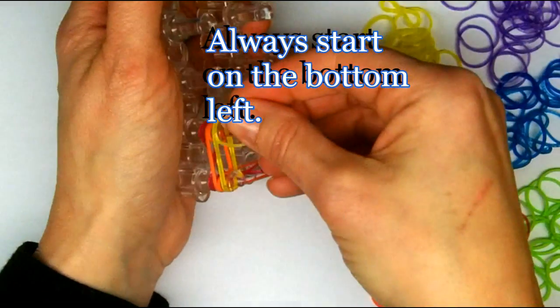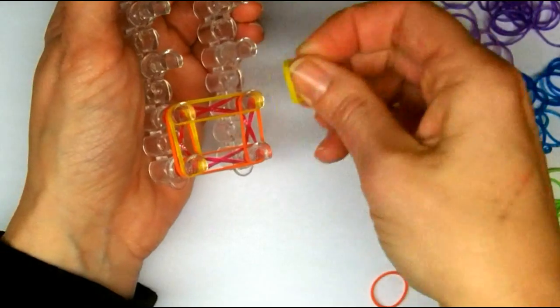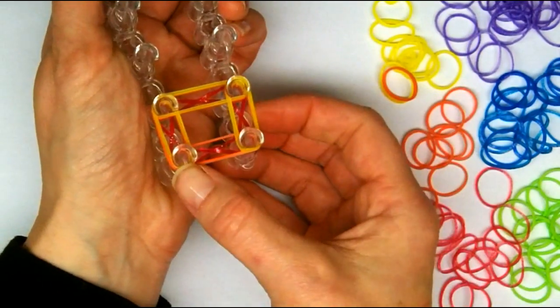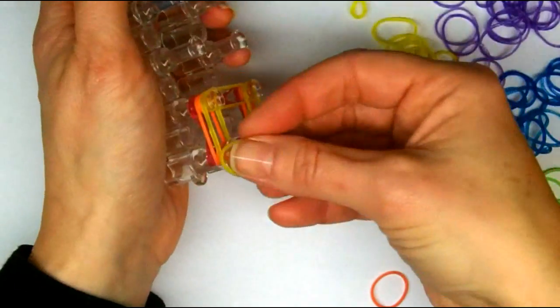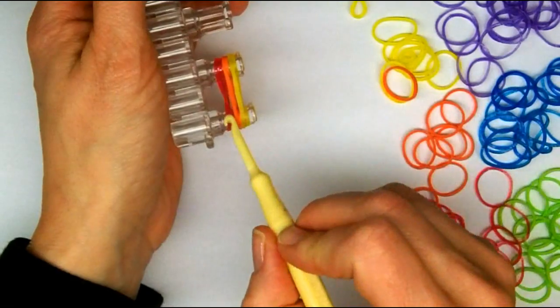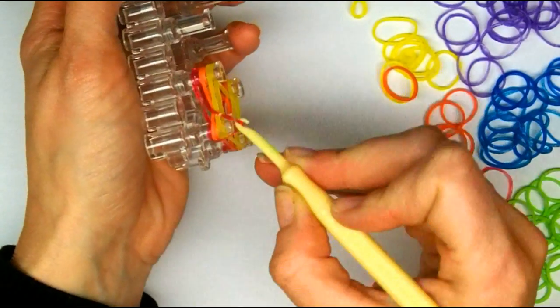And I'm doing it in the order of the colors of the rainbow. So I have red, orange, yellow. And I'm going around, continuing in a clockwise fashion and keeping them so that they're not overlapping at all on the pegs. So now I'm ready to loom, and I'm going to just take the very bottom red one